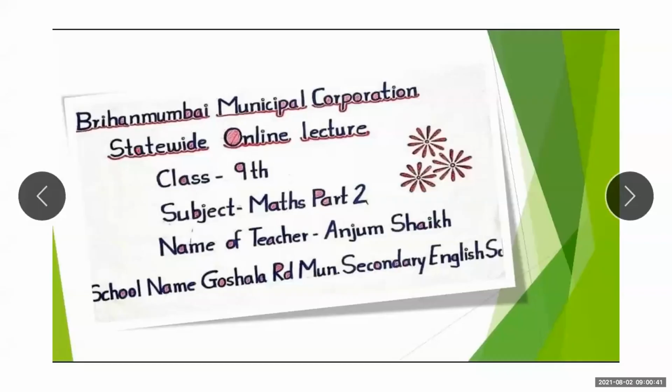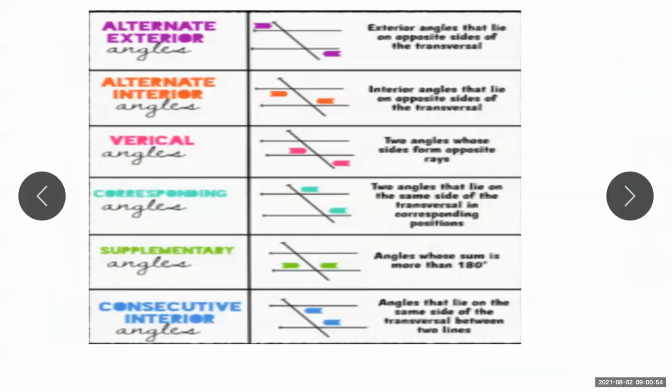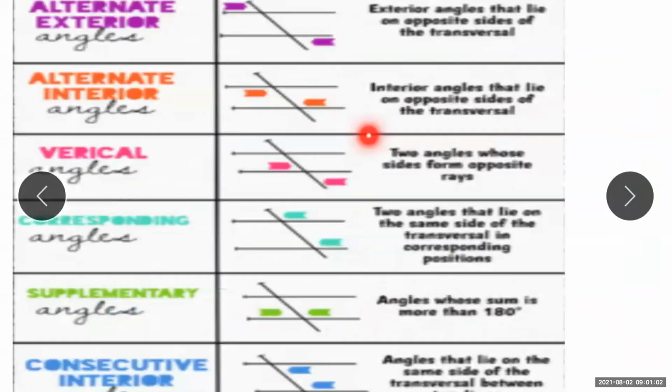Secondary school. And in previous classes, we completed the lesson on parallel lines. Today we will revise some of the easy theorems from this lesson. As we very well know, the pair of angles formed due to parallel lines and their transversal. Here is a short revision of that again.